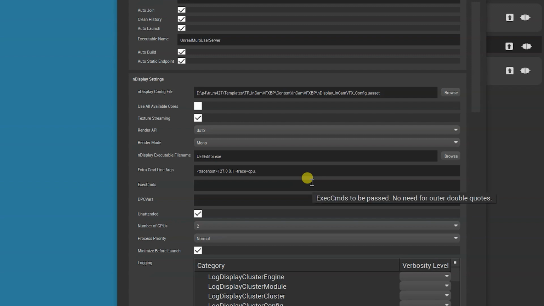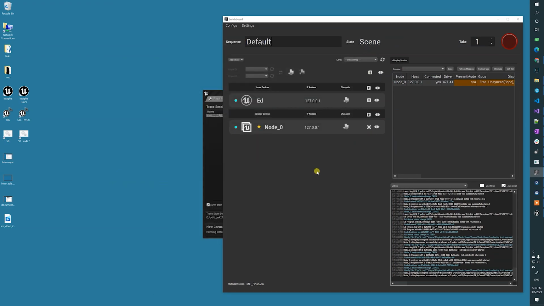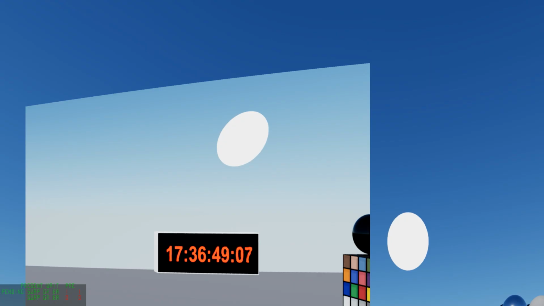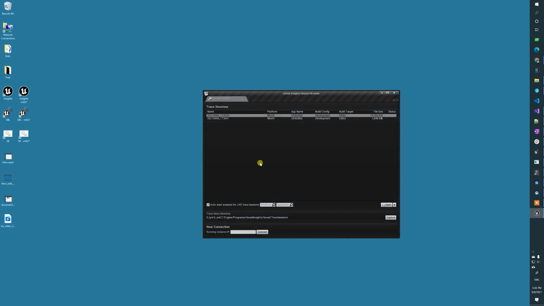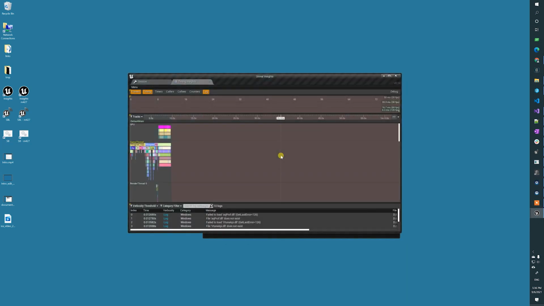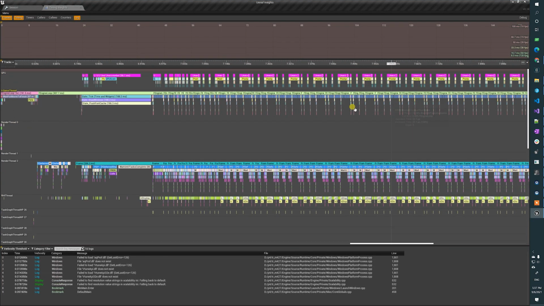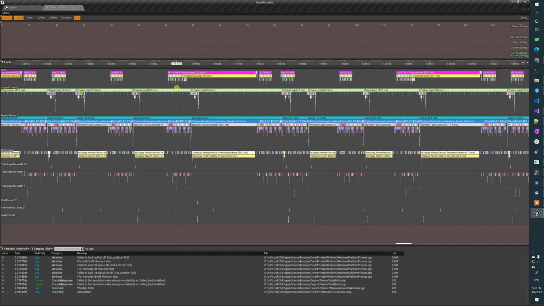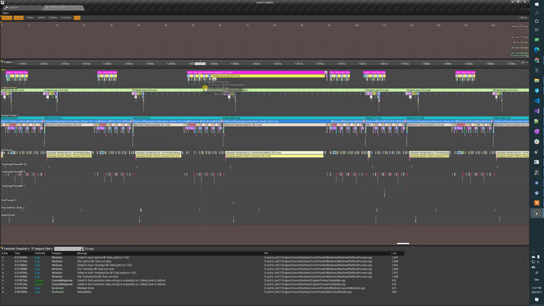So now we're going to include, let's say, the GPU channel. I'm going to relaunch. Give it a second to run. I'm going to exit, go back to Insights, and then open this new trace that showed up in there. And now as you can see, we have a GPU trace over here, which is showing us in a CPU timeline how the GPU is being